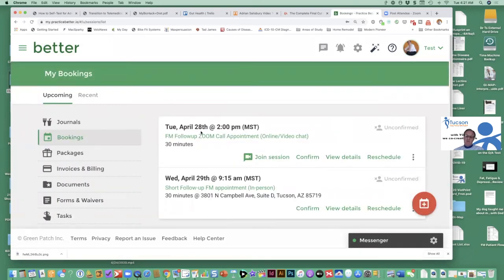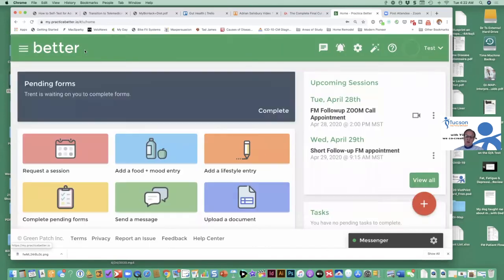You can also click on bookings right here, and this will take you to the follow-up Zoom call we have this afternoon at 2 o'clock, and that's the one I want to show you. You can click on this and join the session. With this little movie camera-like icon, we no longer have to send you the details. You just click on this at the time of your appointment, and since the programs are connected, it takes you right to our Zoom session. So you don't have to worry about any of the details. Again, come right back up to "better," and it takes you back